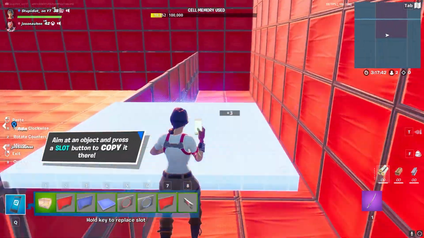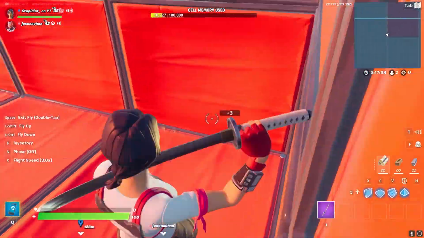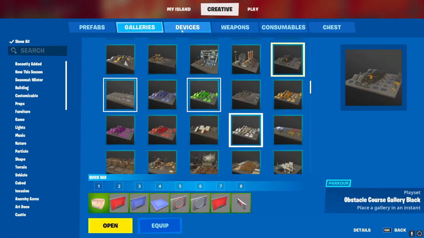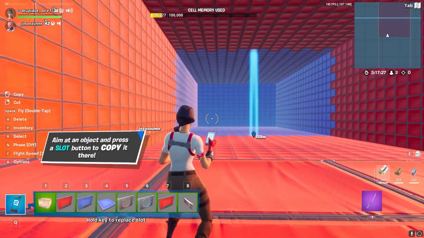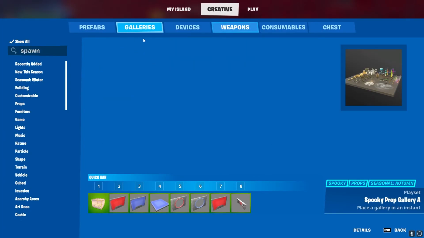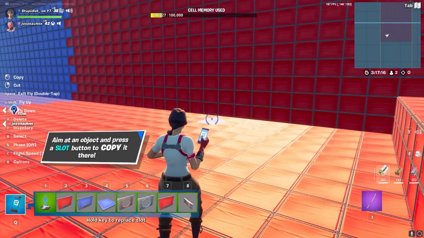One thing that you always need to be sure of whenever you are building a team base is never, ever make it so there's only one exit, and never, ever leave the spawns exposed, because then people can spawn camp. So we're going to grab some spawn pads from the player spawn pad,